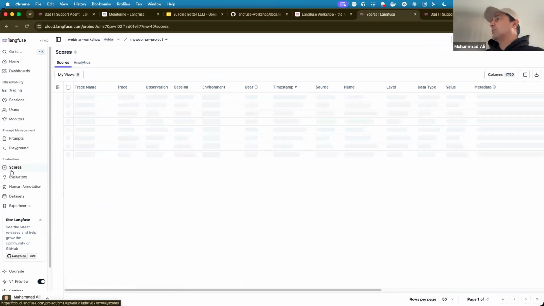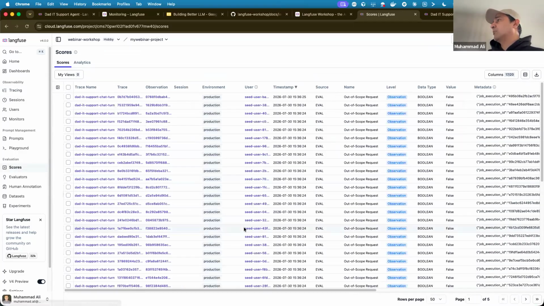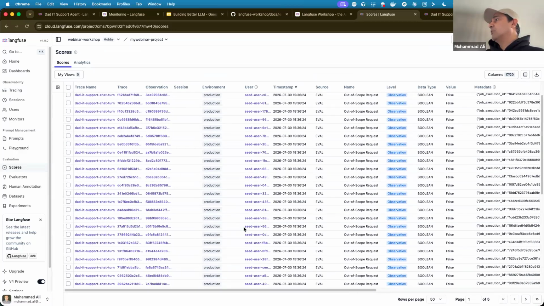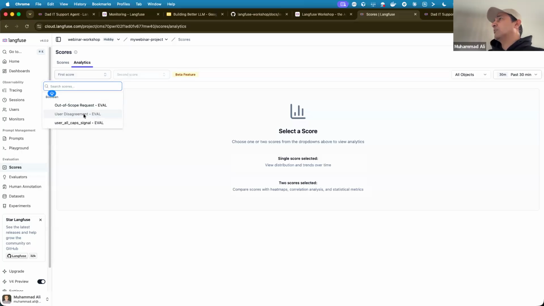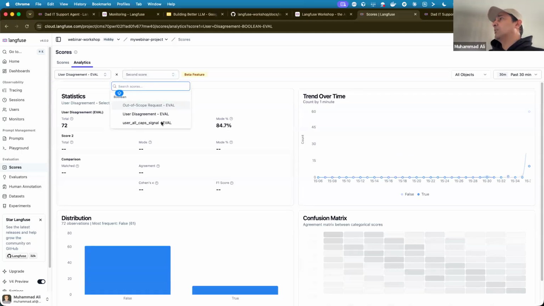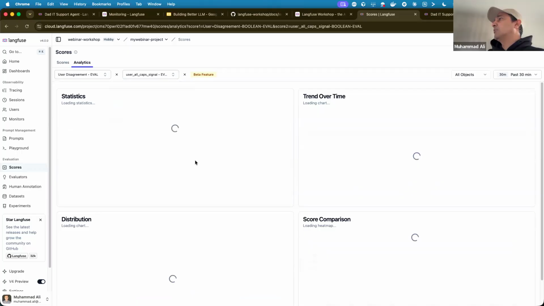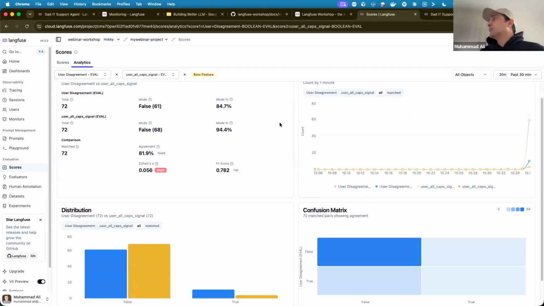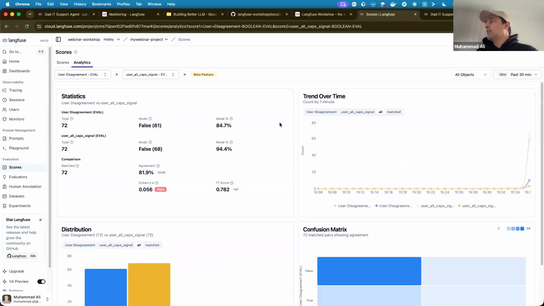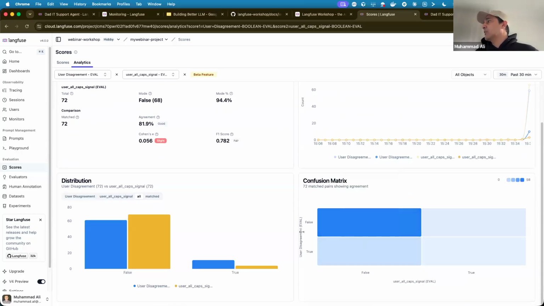So let's go back to scores, and now we should have all the scores in. So now because we have the scores in, we will be able to see the analytics. In here, you select the score, disagreement versus whatever, all right? So now you can actually see the trend over time of different metrics, right? And this way you can have a confusion matrix on when disagreement happens, the user has caps on or not.